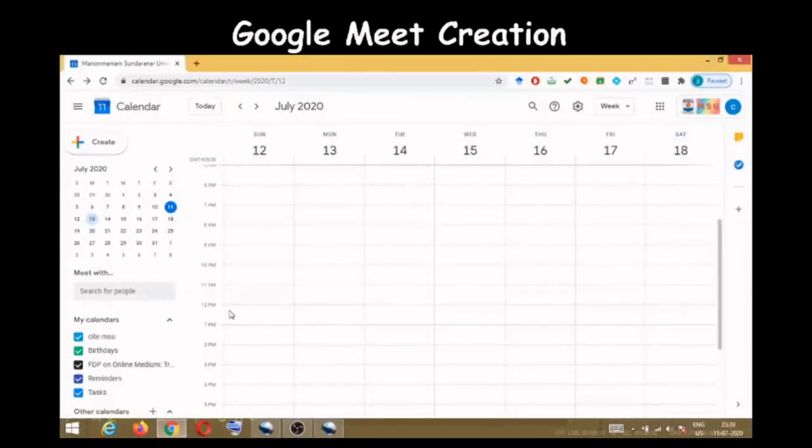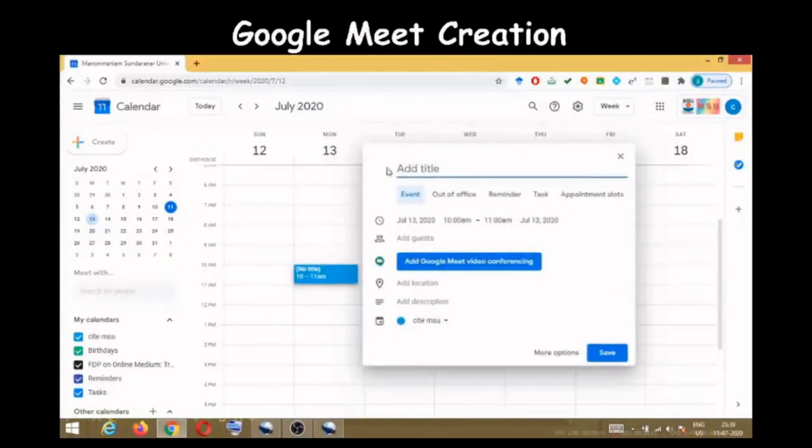To create a link, we can schedule in two ways. We can directly click the date and the time, and when you do so, you will get this title, or we can just click this create button. So now I am going to give a title that is related to the meeting, live class, on the first unit, something like that. Then check the date and the duration,